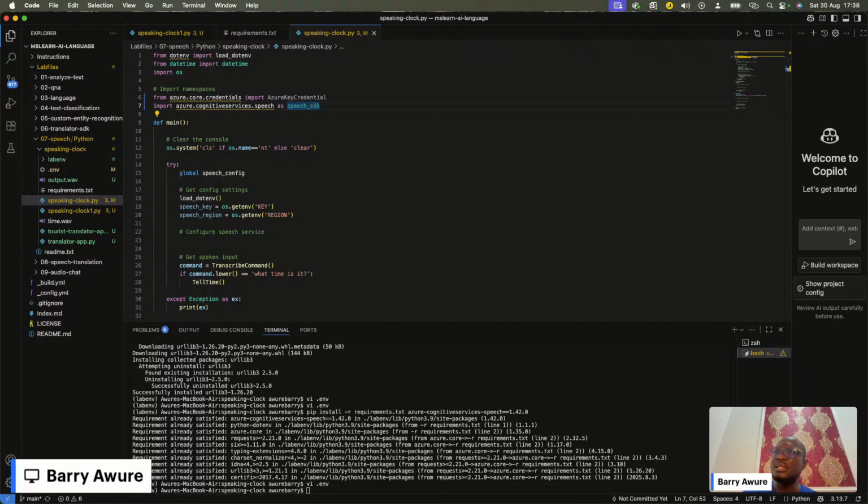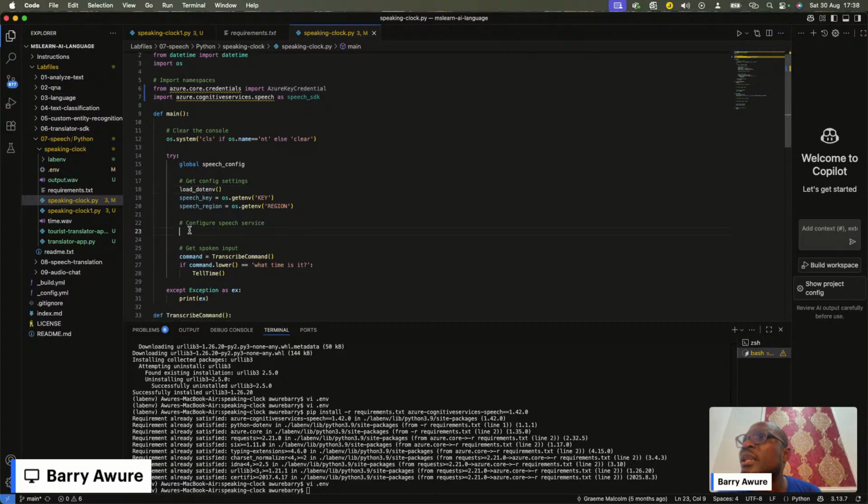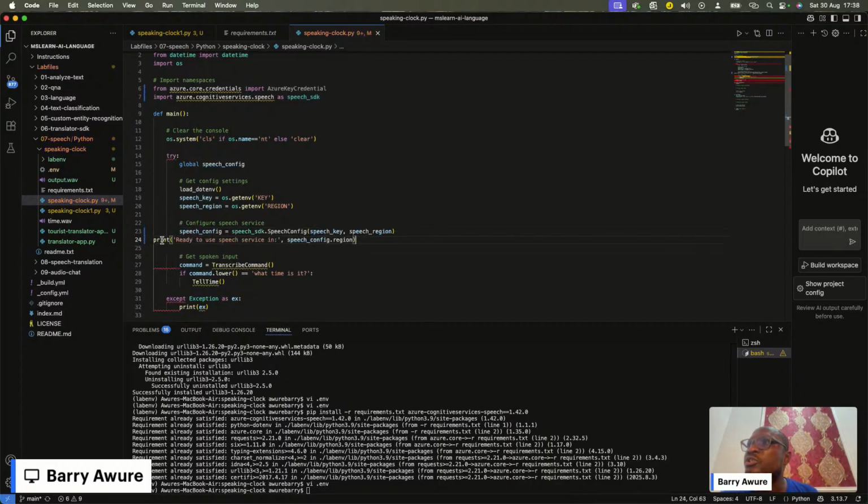The next thing is for me to bring in what they call the speech configuration service, right? So from the speech configuration service, just copy that. Here under line 23 is where my speech configuration should be.